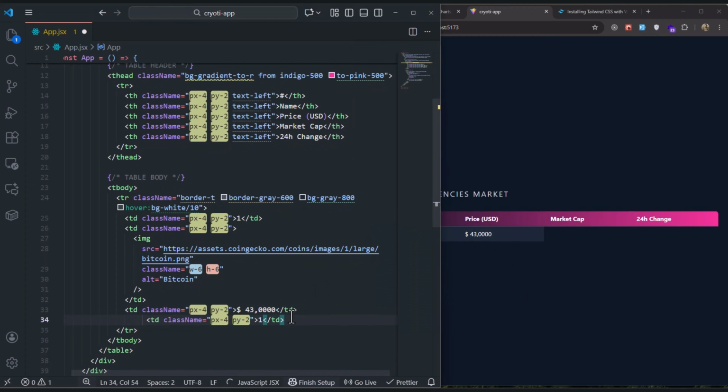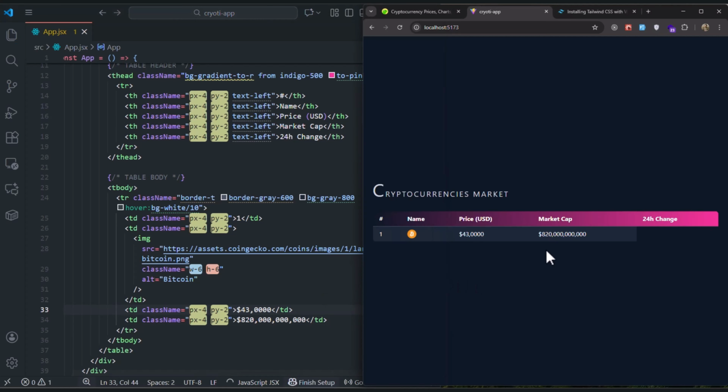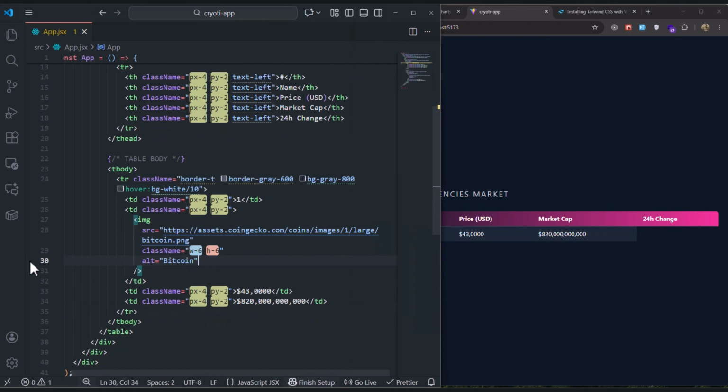Let's have another td, and this is actually the market cap. So we're going to just write something. Let's put a dollar sign, and let's say 820,000,000,000. That's it. And let me delete this space. Very good. Now we have a 24-hour change. So for this 24-hour change, all we need to do is to